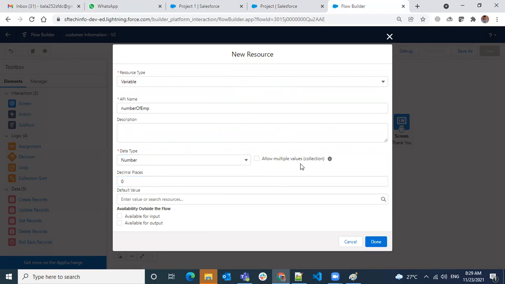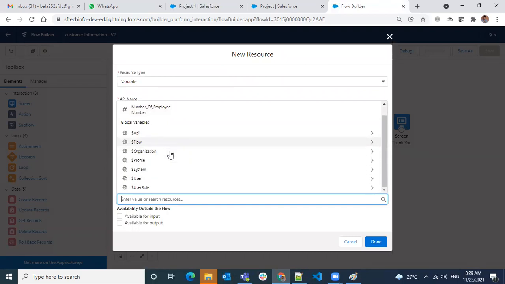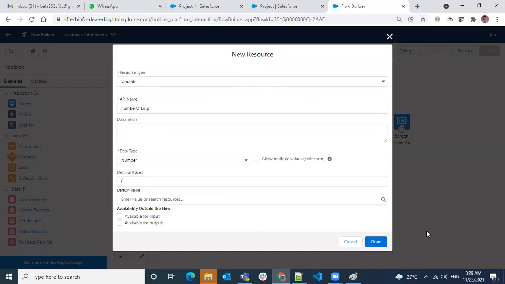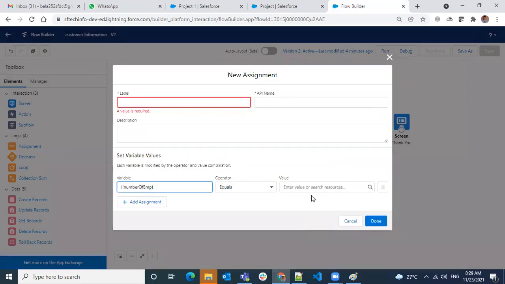I'm not allowing multiple values. I just need only one value. This is not an input or output value, so I don't need it. Okay, then done.